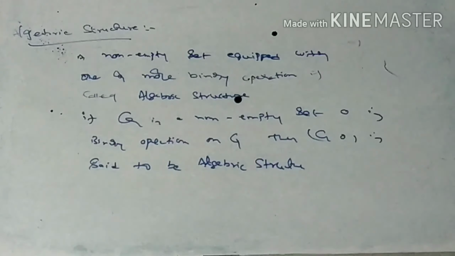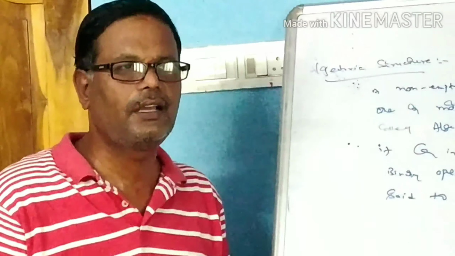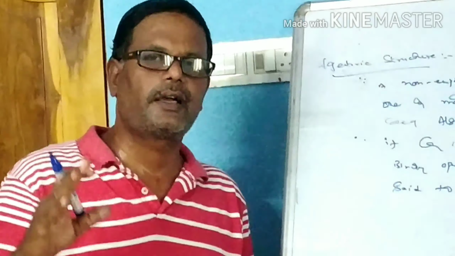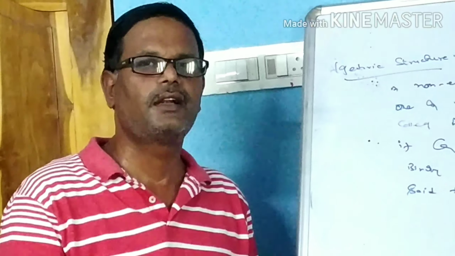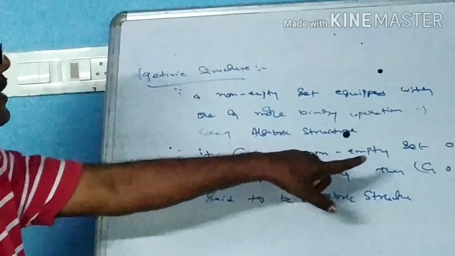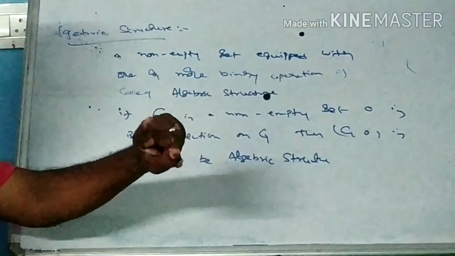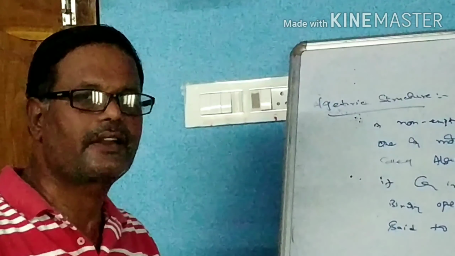If on any non-empty set there is any binary operation defined, then the structure (G, circle) is said to be an algebraic structure. For example,